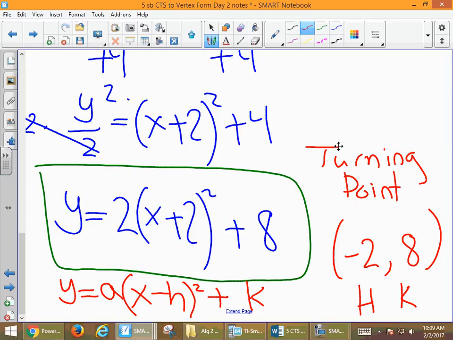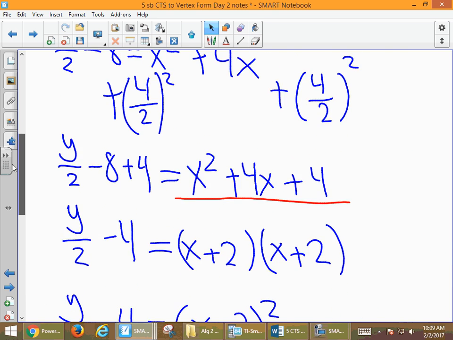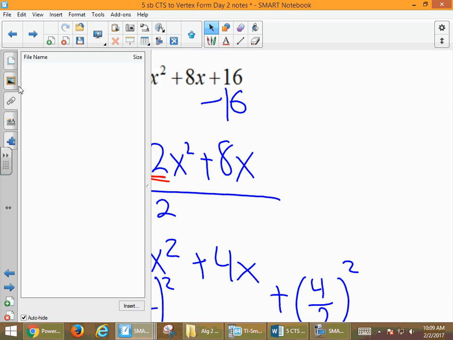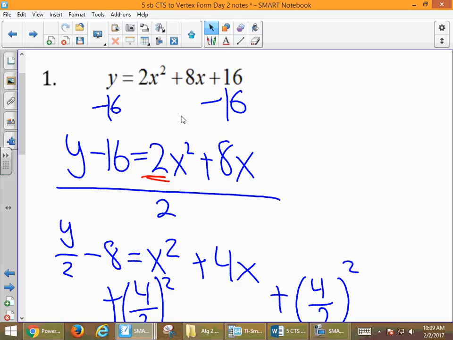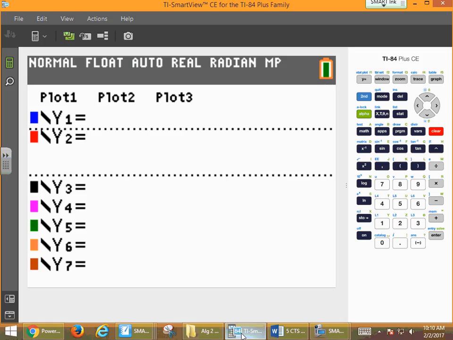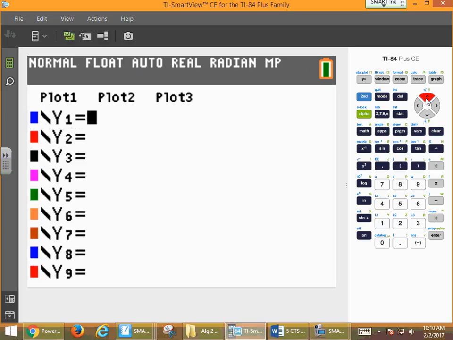So -2, positive 8. And another way to check to see if our new vertex form of our quadratic and our standard form of our quadratic are the same is if we graph them. So we're going to pull up our graphing calculator, and then we're going to input both of them at the same time. So our first one that we started with, the standard form, was 2x squared